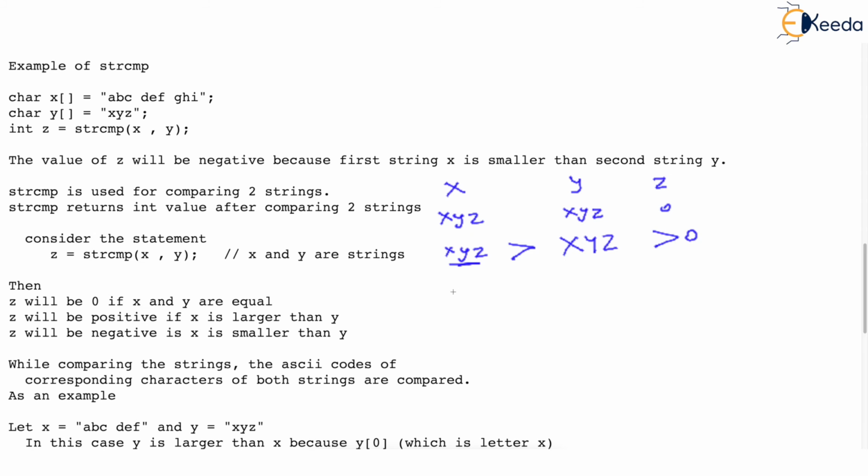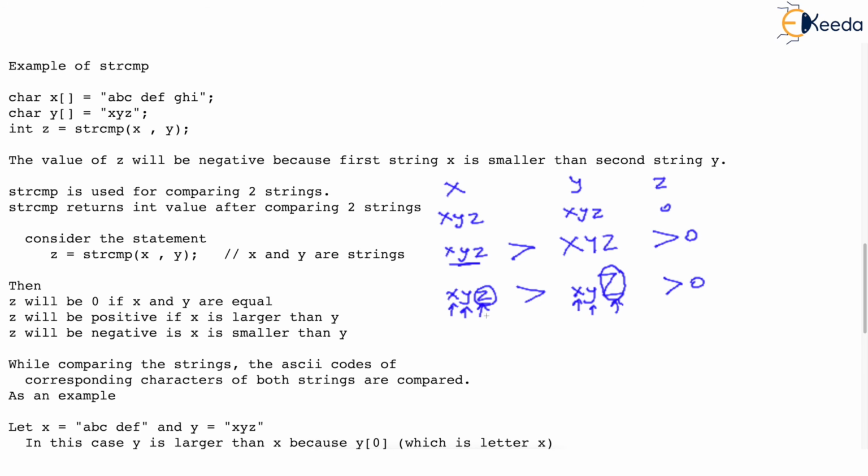Okay, what about this? Just try this. XYZ and XYz. Just check, when the comparison will be done, X matches X, so it goes ahead, matches Y, it goes ahead, but mismatch is found here. Here small z is compared with capital Z and mismatch is found, and whose ASCII code is larger? Small character, that is z. So again this first string is larger than the second string, so Z will be positive. I hope you are understanding.